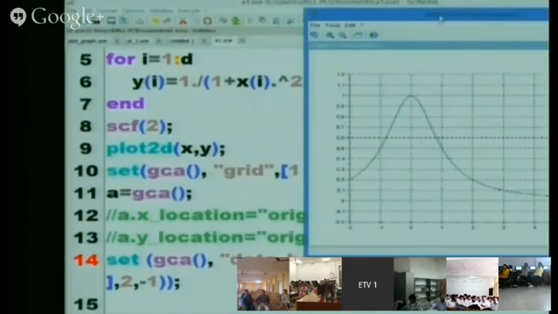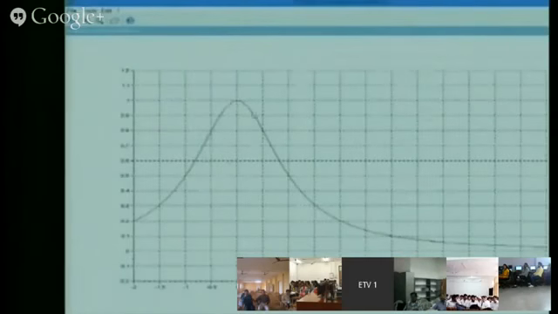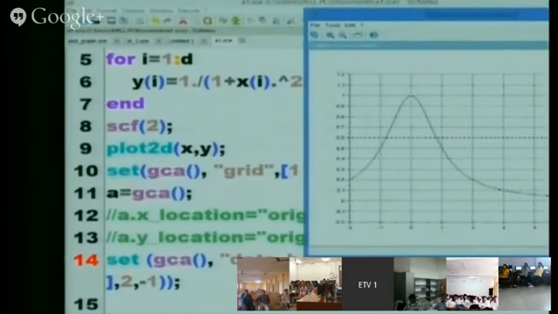So now, writing this syntax, you are getting the lines starting from the origin of both X axis and Y axis.